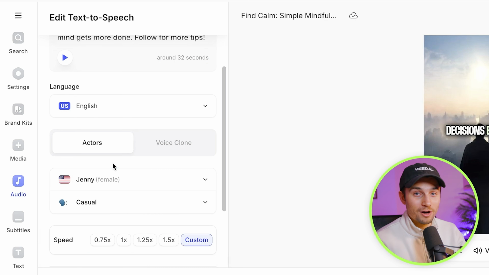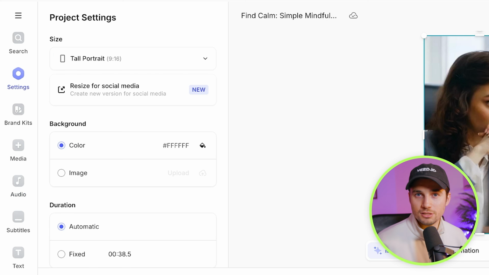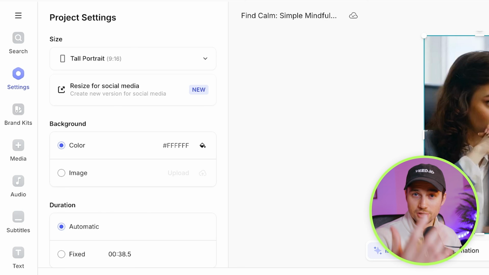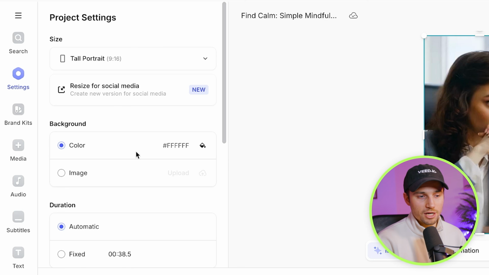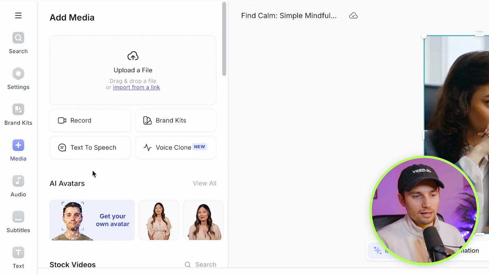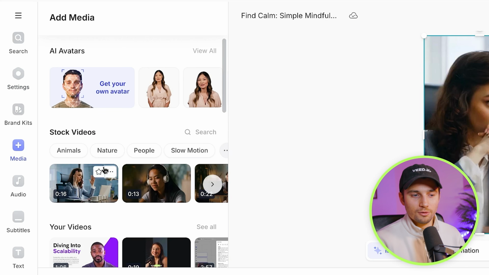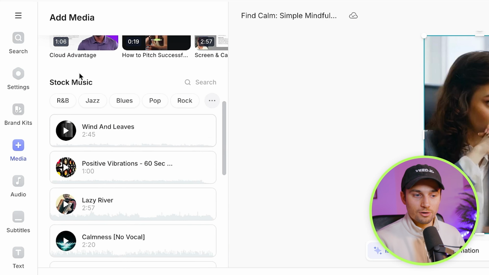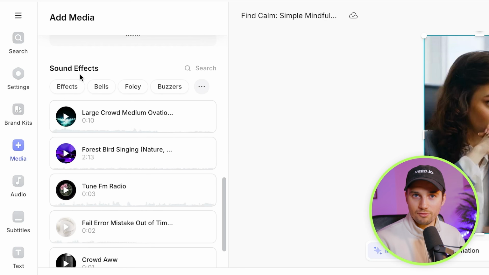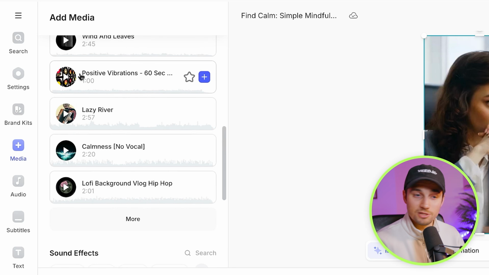And this is also a very cool option. In VEED, you can actually clone your voice. So in case you want to just make it more personal, you can also hear it in your own voice. And I also got a lot of questions in the comments in previous videos from how can you find the stock video library or the stock music library. So let's say you don't want to replace the footage, but just find the library. All you need to do is head over to media in the left menu. And if you scroll down, you can see the stock video library. You can see the stock music library and the sound effects library. So in case you need it, that's where you can find it.